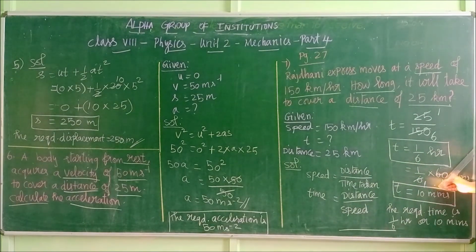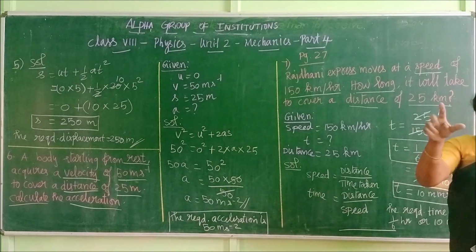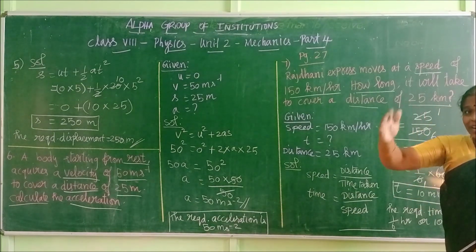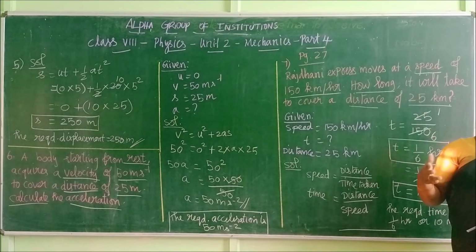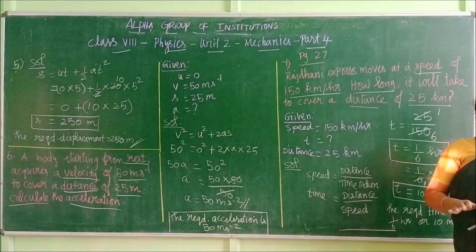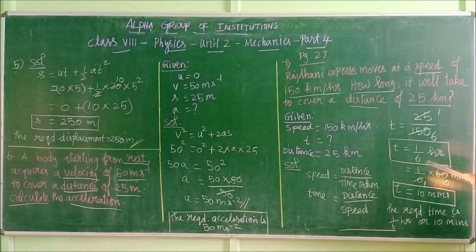With this the answer gets over. But if you want to express that in minutes, right? 1 by 6 of an hour. 1 hour contains 60 minutes. That 60 minutes you divide into 6 parts because this is divided by 6. So each part will get 10 minutes, right? Am I right? This is theoretical calculation. Don't get confused. Come and do it. 1 by 6. In 1 hour, how many minutes are there? 60 minutes. So 6 ones are 6, 6 tens are 60. Right? So what you will get? 10 minutes.